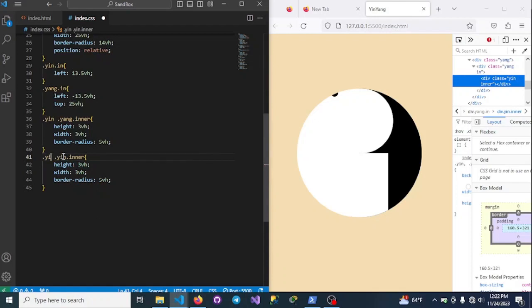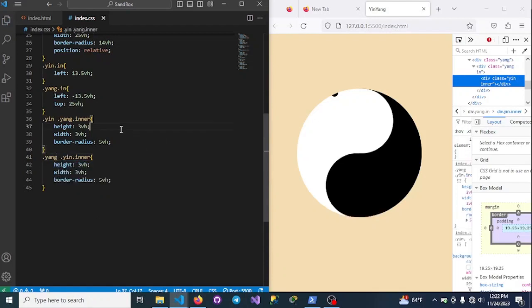So the problem was the selector. Now it's correct,